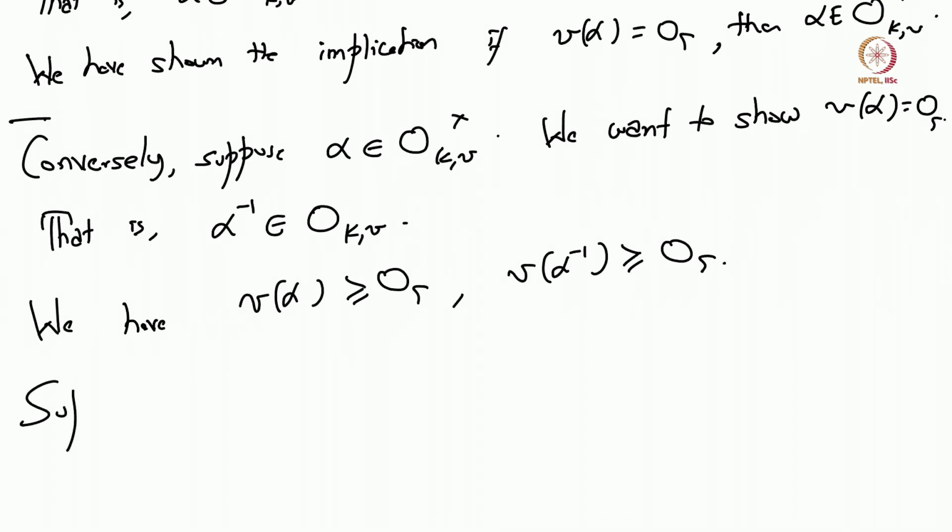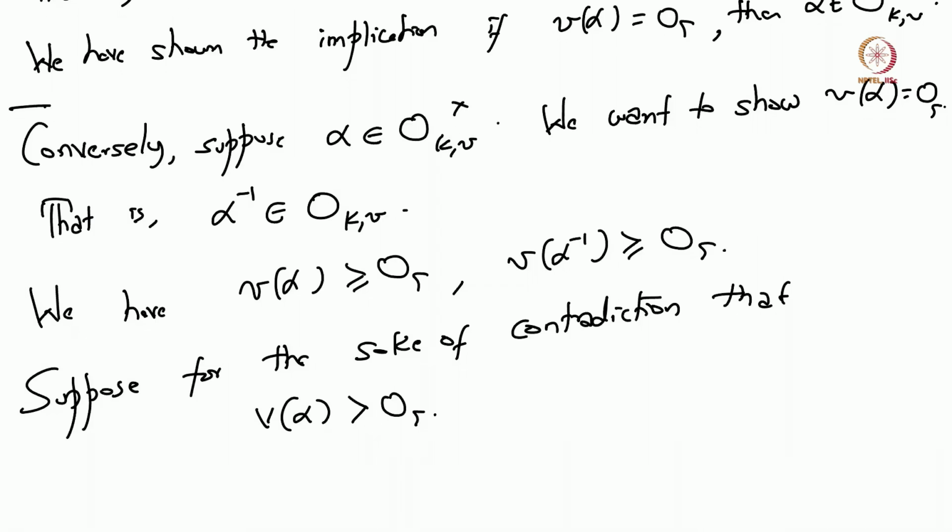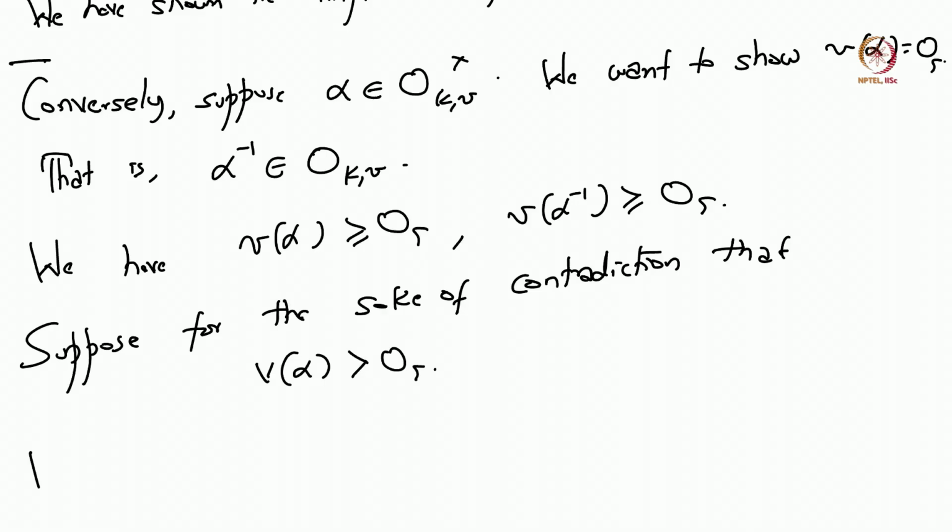So suppose, for the sake of contradiction, that the valuation of alpha is strictly larger than the identity element of gamma. Now again, there are only a few tricks to play. What we have is that